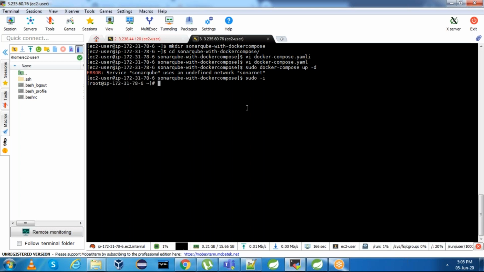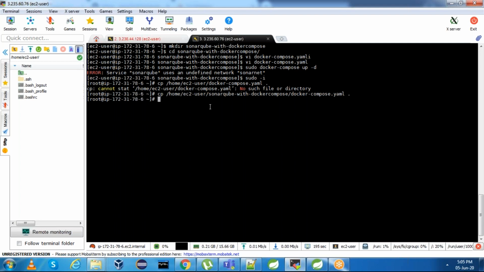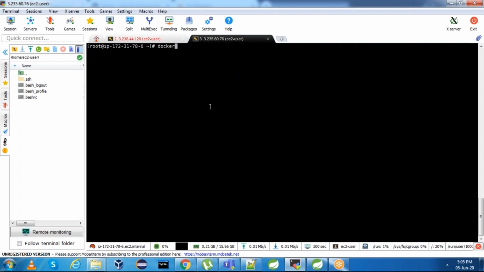Let me switch to root user and copy home ec2-user docker compose.yaml here. Okay, I think this file itself is not there. Okay, got it. Go into this directory, copy here. Perfect. Now we have here, run docker compose up -d.